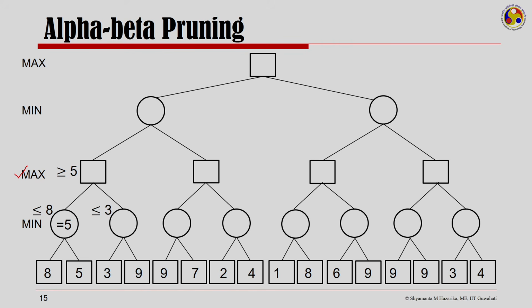Thereafter, look at this portion. Here we have the leaf node 3. So, min should be less than or equal to 3. Once I realize I have here less than or equal to 3, and this is a max node which realizes that if it moves this path, it will at least have 5, so it will not love to come this side. So, as if this whole subtree does not exist for it. So, it will have a cutoff there.